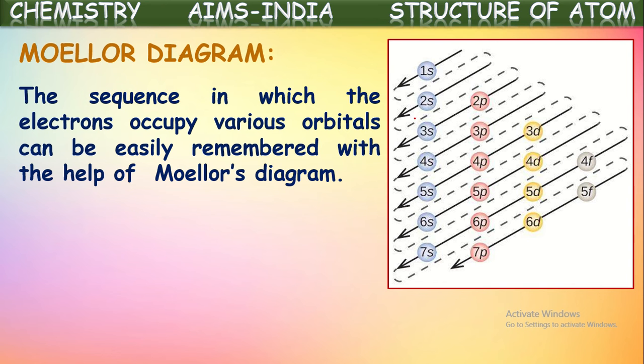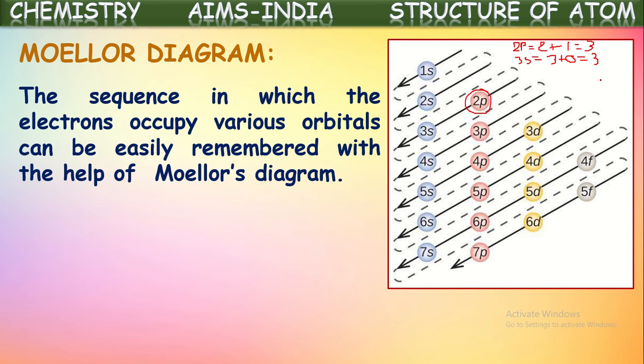So this is the increasing order of energy we can consider, because if we consider the n plus l values, it is an increasing order. And as it is told in the second point, if we observe the n plus l value for 2p, what do we get? The n value is 2 and l value is 1, isn't it? So the n plus l value will be totally 3 for this 2p orbital. Whereas if you see for the 3s orbital, n value is 3 and l value is 0, because it is an s subshell. Total it becomes 3 here also.